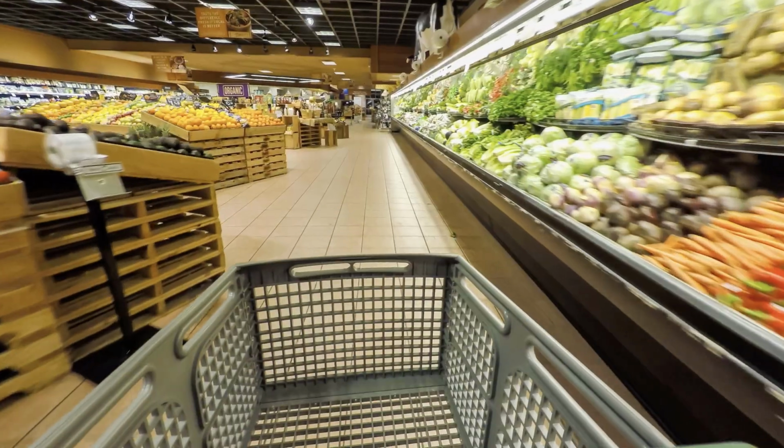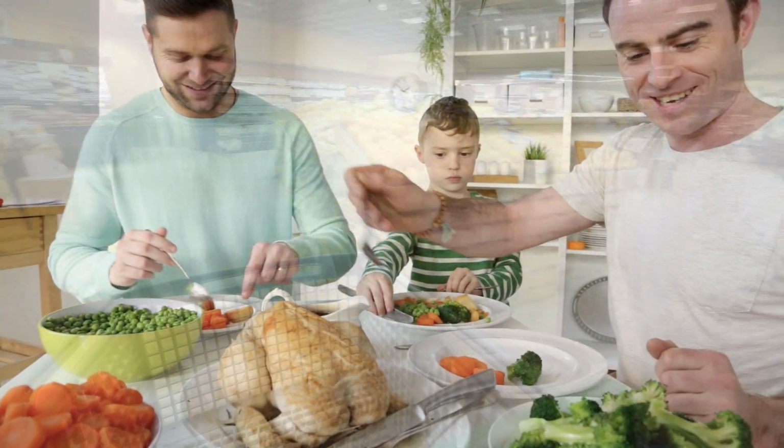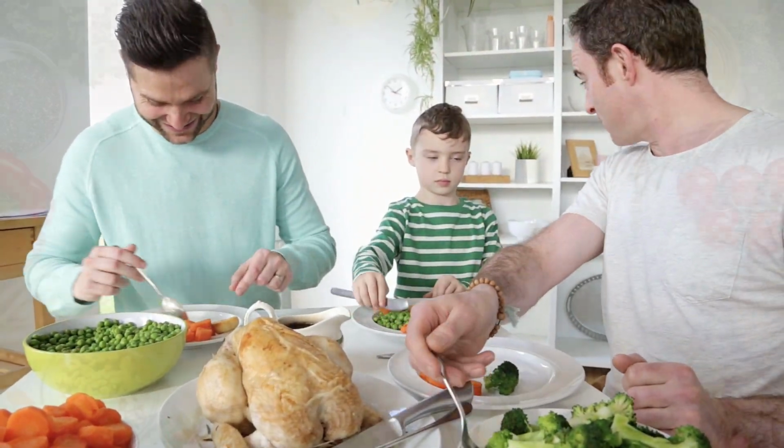Selecting and preparing healthy food shouldn't be complicated. Whether you're preparing a family meal or packing snacks for an afternoon full of activities, we're here to support you